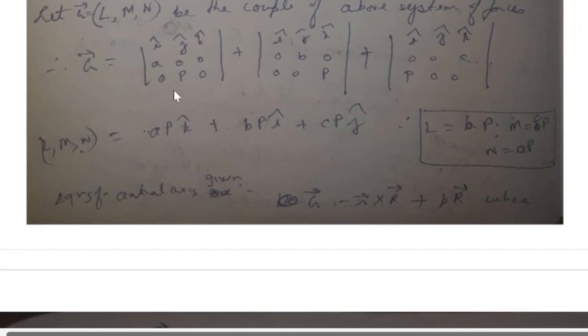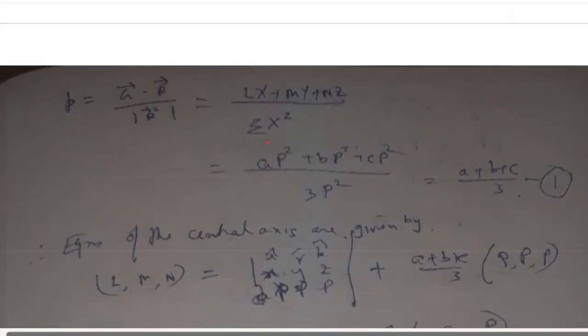If you add it out and you just perform this cross product, you will get this thing here, whatever we have written down here. Okay. So you can easily equate out to find L, M, N. That we need, that is written here. Okay. So once you find that out, now what you need to do is find the pitch, which is